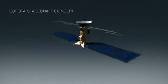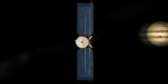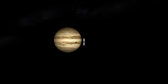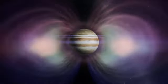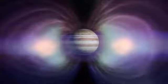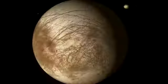We have designed the Europa mission to take a spacecraft and its set of instruments all the way from planet Earth to Jupiter. Previous mission concepts were for a spacecraft that would orbit Europa, but Europa is bathed in radiation from Jupiter. Any mission that goes in the vicinity of Europa is cooked pretty quickly. Instead, we're looking at a mission that will orbit Jupiter, make close flybys of Europa, and then zip out of